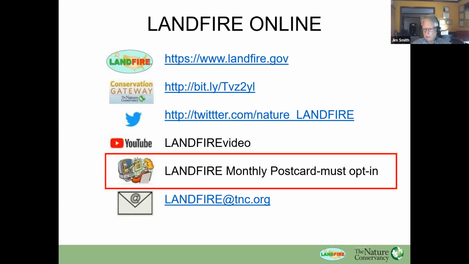If you really want to keep up with LANDFIRE, the way that you can do that is through the LANDFIRE monthly postcard opt-in. We do only send that to individuals who have opted in to the postcard. It comes out once a month. It's not very long. It connects to a lot of other resources, but it should be something, if you're interested in keeping up with LANDFIRE, about releases, about product alerts, about applications, about stories, etc., then please opt into the postcard.